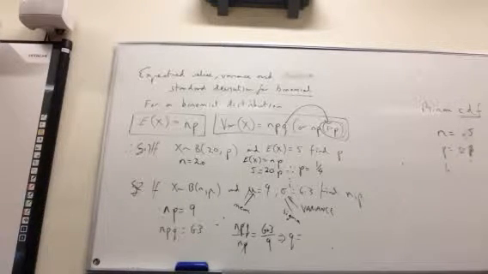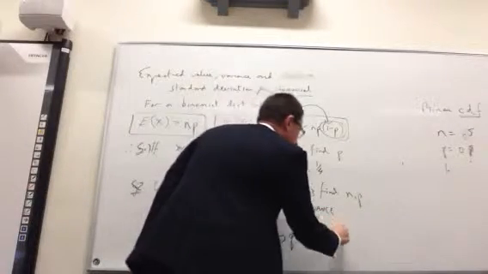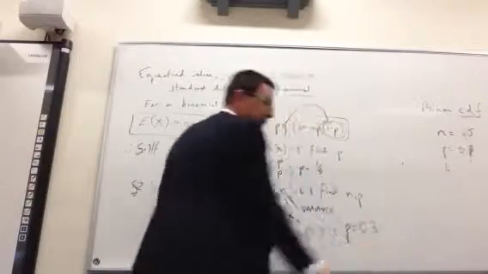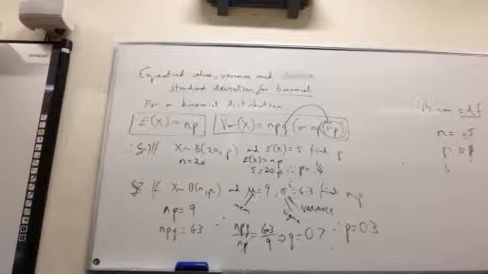You can do 0.7, 63 over 90. So q is 0.7. Therefore, p must be 0.3, because together it has to make 1. And if p is 0.3, n is 9 divided by 0.3, which is